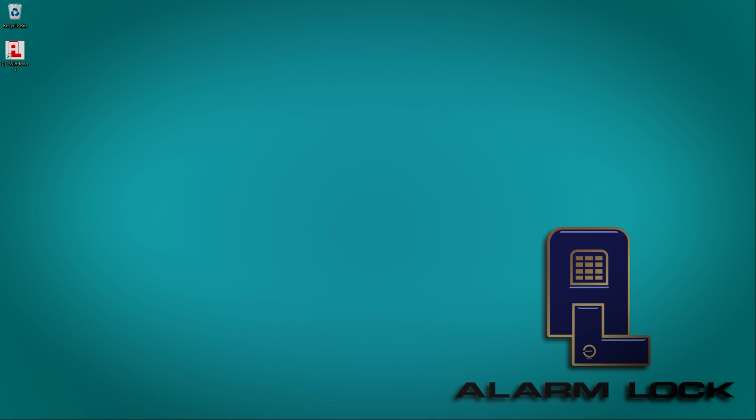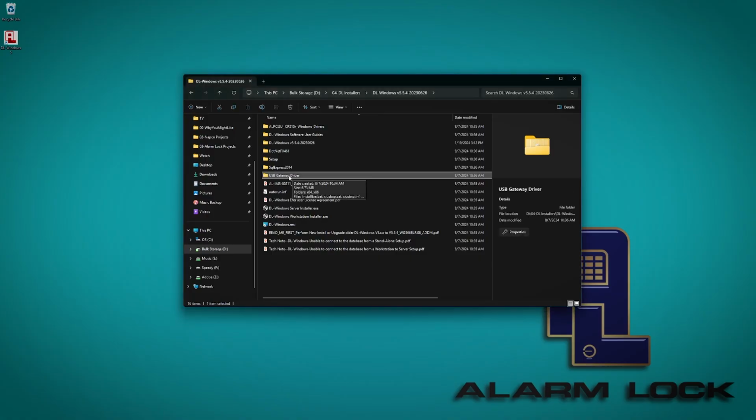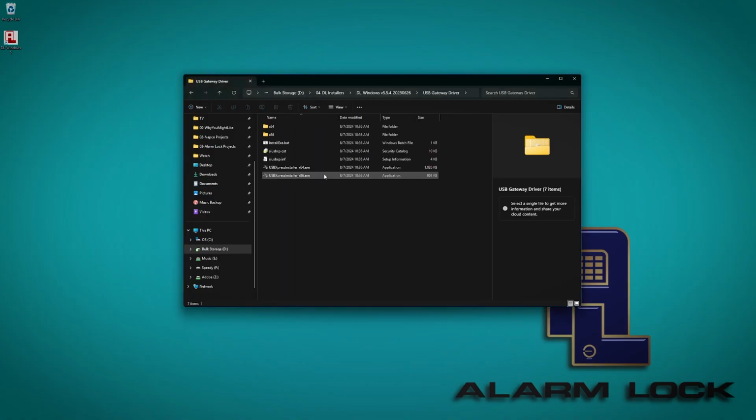Just like with the AL-PCI-2U, you want to install the driver before plugging in your AL-IME-USB gateway. The driver can be found in the folder you downloaded to install DL Windows. Inside the DL Windows folder you downloaded, there is a folder labeled USB Gateway Driver. In that folder is a file named USB Express Installer